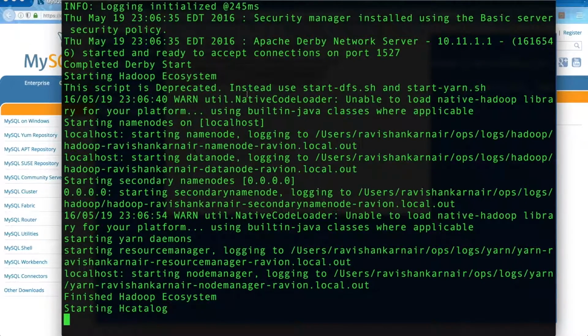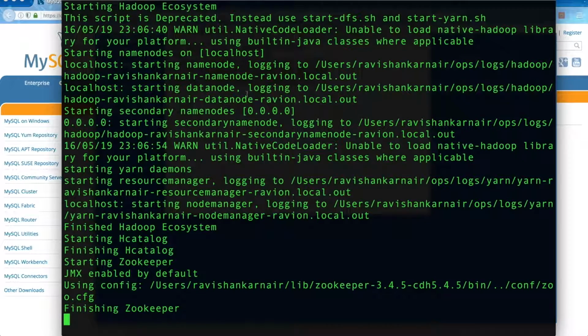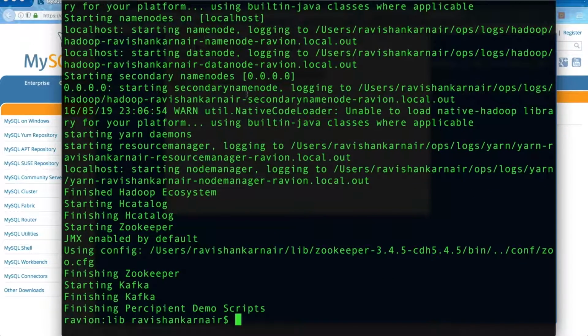It takes a few seconds to complete this process. And once you have done this, now we can do a Sqoop to check whether everything is working or not,